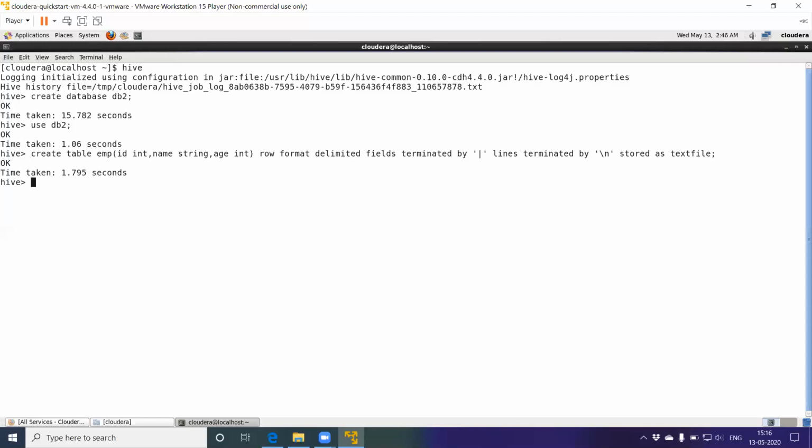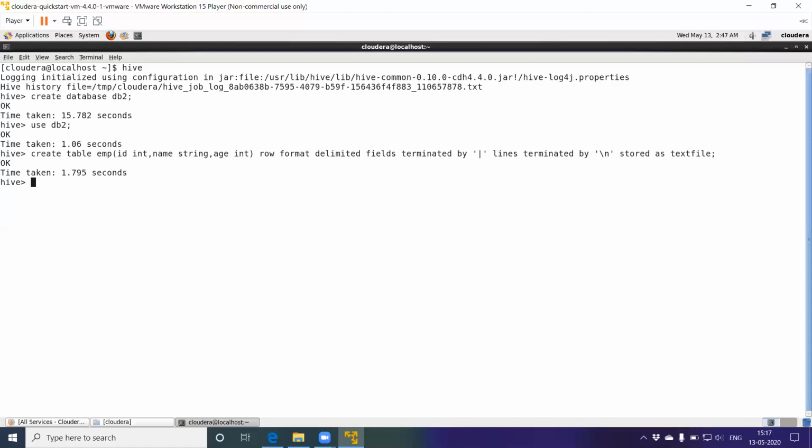So this is the command which is used to create a table in Hive. Create table, table name, column names, as in SQL. Here you need to mention how you would like to store the table, that is the row format, and also how to identify the table cells. Each field is delimited by the vertical line, and each row of the table is delimited by the slash n or new line character.